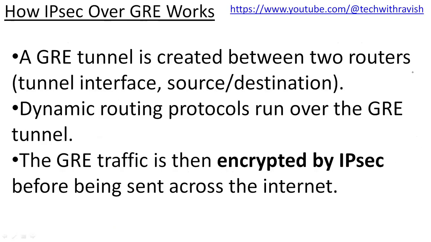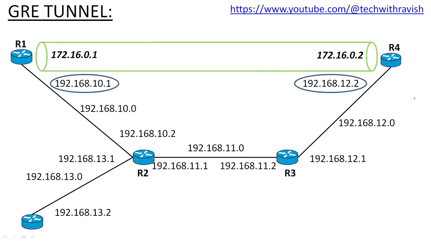Now, how does IPsec over GRE work? A GRE tunnel, as we already know, is configured between the source and destination with a proper private network. It supports dynamic protocols running over the tunnel in GRE. The GRE traffic is then encrypted by IPsec. It means first we configure GRE, then we do the encryption on that with the help of IPsec. So this is our topology on which we are going to configure